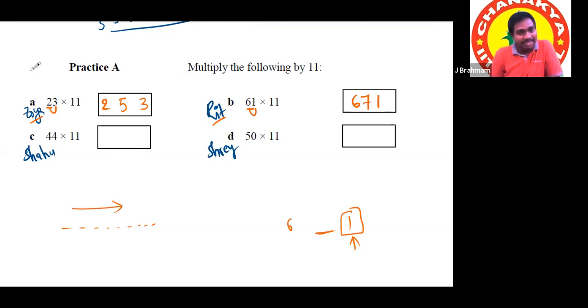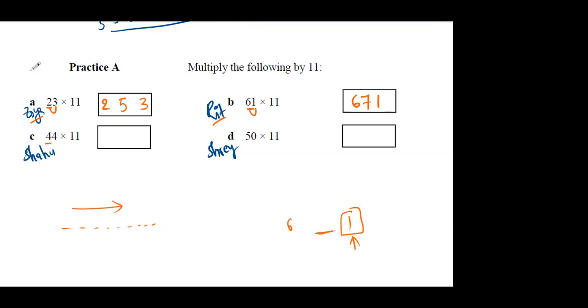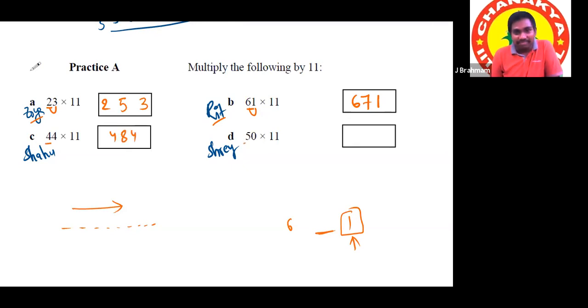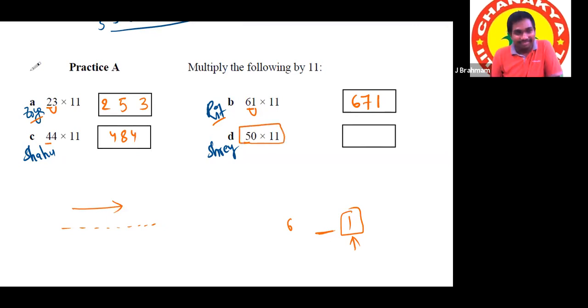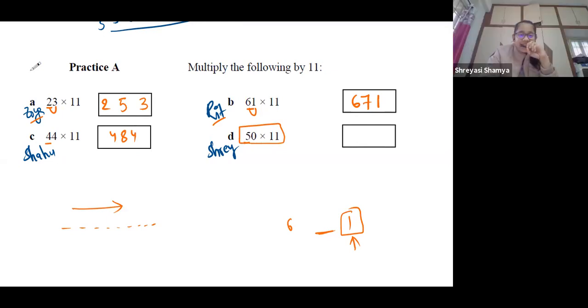Shahu, ready? Yes, sir. First digit 4, 4 plus 4, 8, and last digit 4. Okay. That's all. Simple. Shreyasi, your question is much simpler. You don't need to do in this way also. 11 fives are, because it's like 5 and the 5. No, no, no need to do that also. 11 fives are